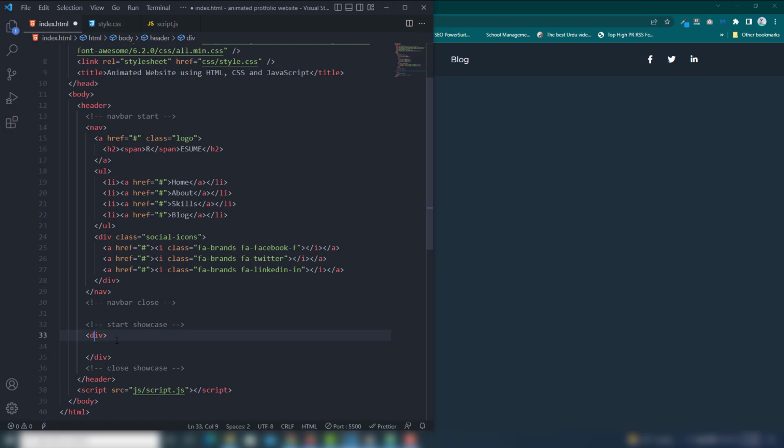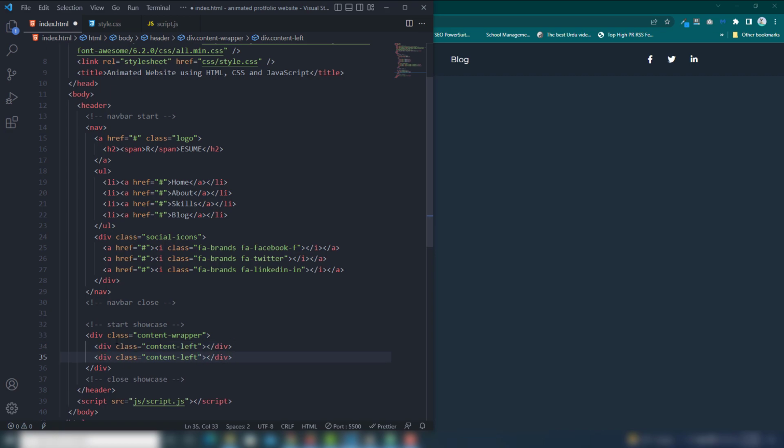So the first thing is you need to create a div, assign the class content wrapper, and then I'm going to make a 2 section. The first one is the div will be content left, and the second div I'm going to call the content right. So the first thing, we need to set up the content left side, right? In the left side I'm going to call the paragraph and call hello. Assign the class lead. You can assign any name as you want.